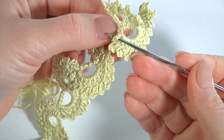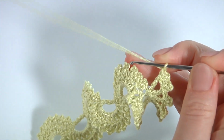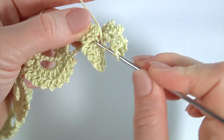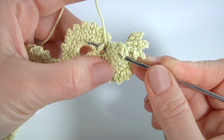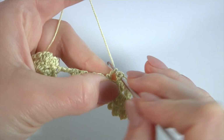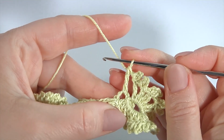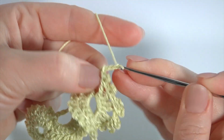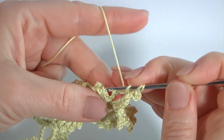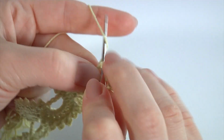So I continue working with this part. So I'm going to work with 5 such stitches around this stitch. And I remind you, you should make chains between each stitch. Yarn over the hook twice and make treble crochet. 1 2 3